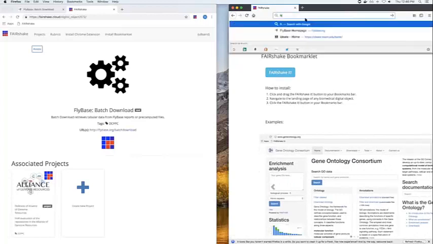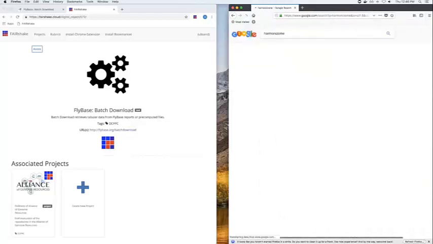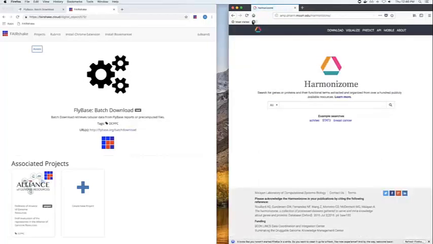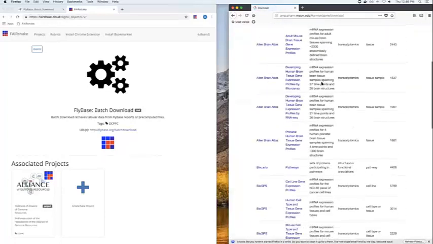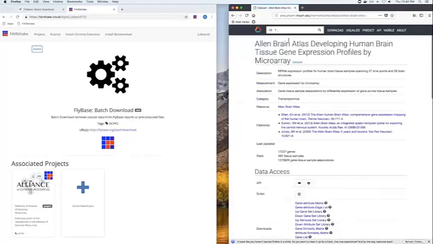And so if we go to a website, for instance, and we click it, we can get a similar evaluation, though perhaps not as nice as the Chrome extension, which is preferred, but it still will function just as well. The reason I've come to HarmonyZone is because I have not actually assessed this digital object yet. So as you see, because it wasn't assessed, we get a gray insignia.